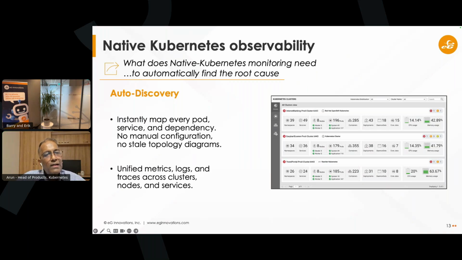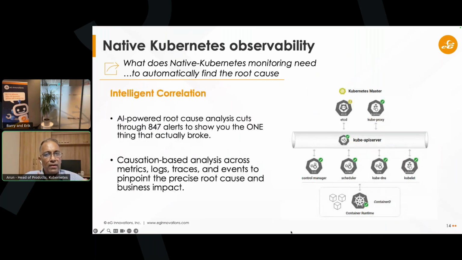Secondly, you need that real-time mapping. And we'll see in the demo how EG maps, for example, the control plane dependencies. And given the dynamic nature of Kubernetes, it's really important to have that live mapping of dependencies. And that takes us to a concept of a single pane of glass. Although it's been a much derided concept, you really need a single pane of glass that brings in the logs, metrics, traces, and events. And Kubernetes is a highly event-driven system. So you need the events.